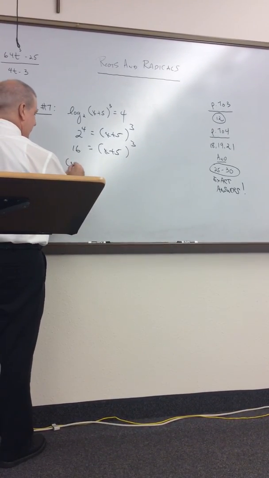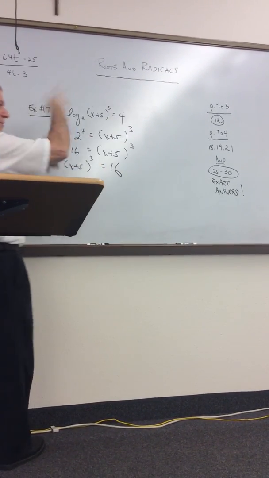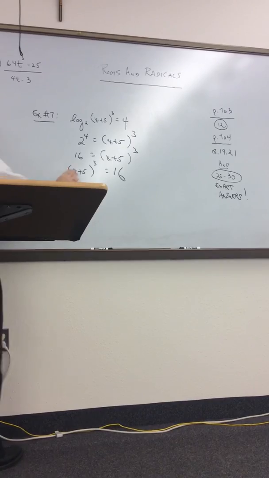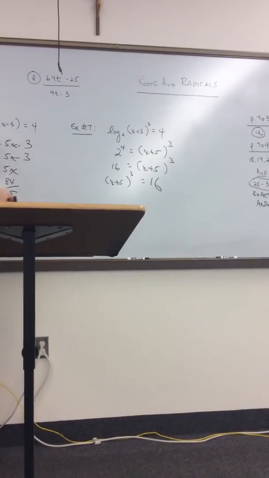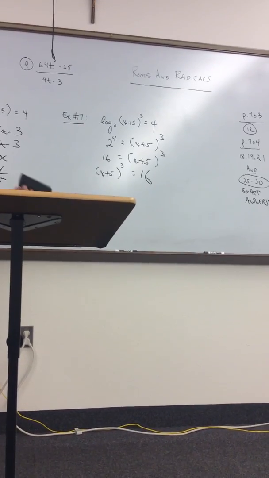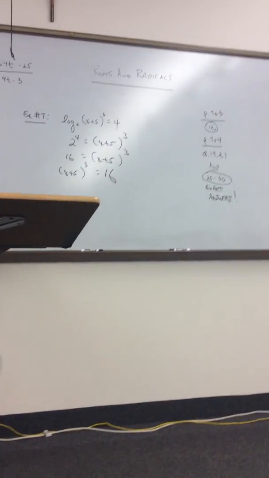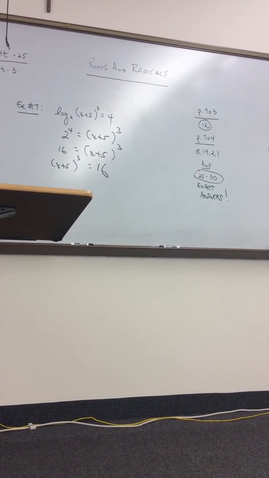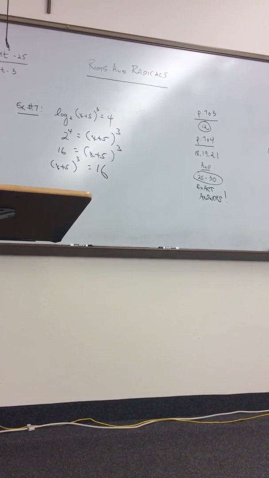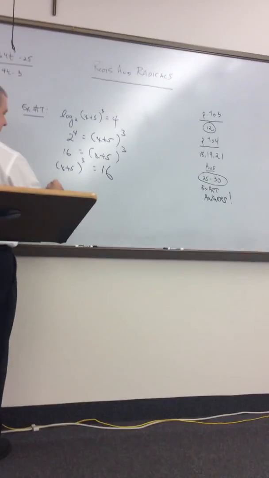Here, let me write it this way, because normally this would be here. I just flip-flop sides. If I take the cube root of both sides here, what's the cube root of x plus 5 quantity cubed? What's the cube root of anything cubed? It's just that thing, right? What's the cube root of x plus 5 quantity cubed? John? X plus 5